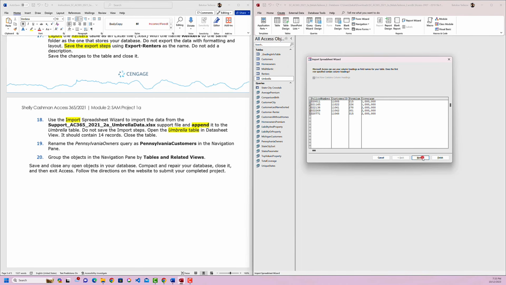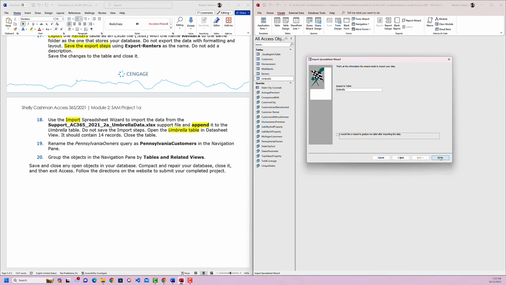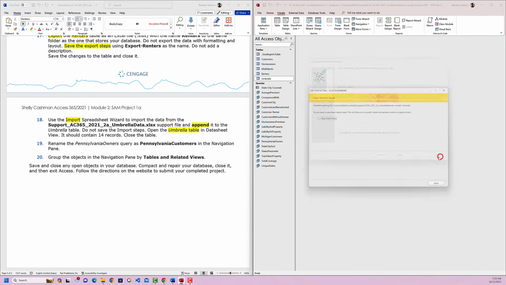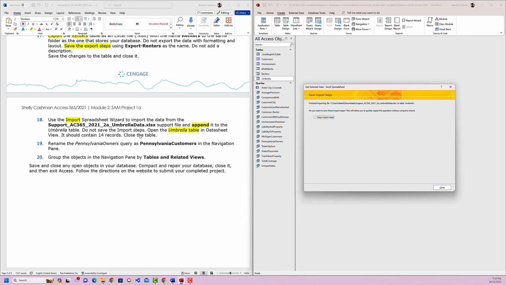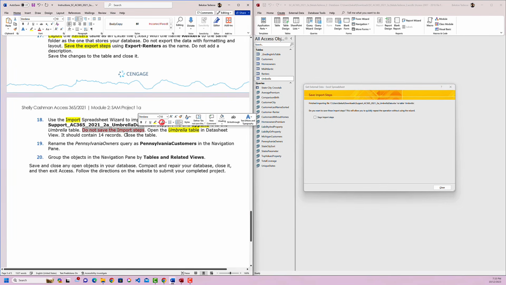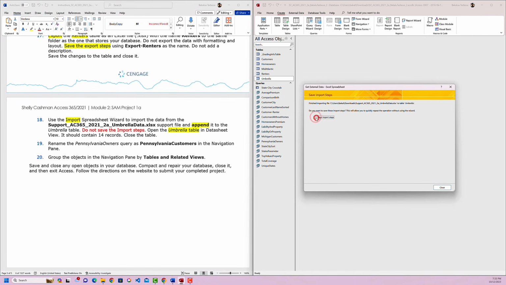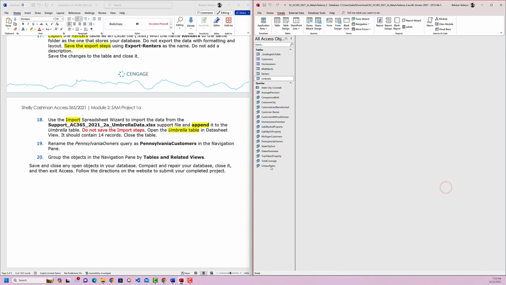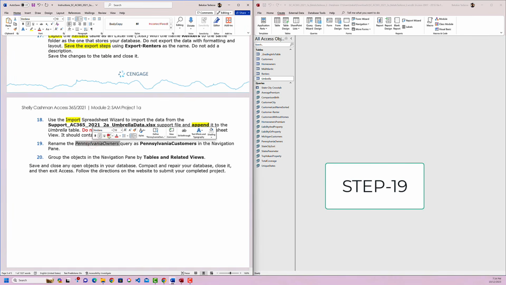And next, and then finish. And then we don't have to say, and this the last step says do not save the import steps, so we should not select this option. So close it. So step 18 is done, and step 19 we just have to rename this query to this one,